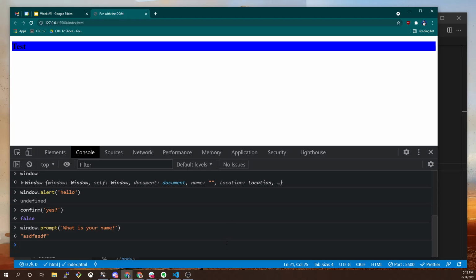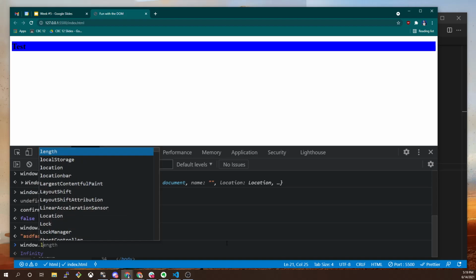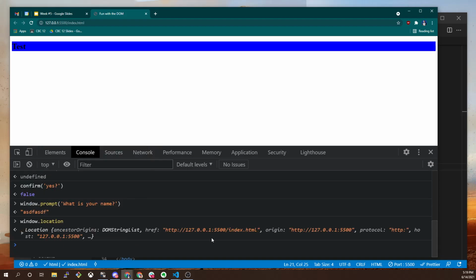Another one that you're going to use all the time, so definitely remember this. There's another special object in here called window.location. And window.location is an object that tells you about the website address of the page you're on. And it has a whole bunch of information in there that you'll need to be able to access and use, right? So right now, if I do